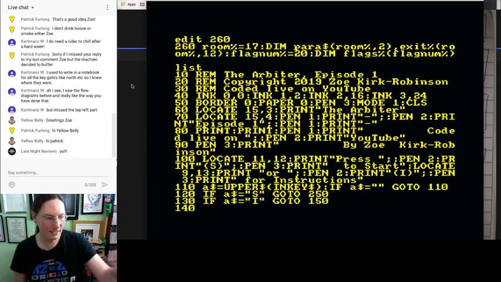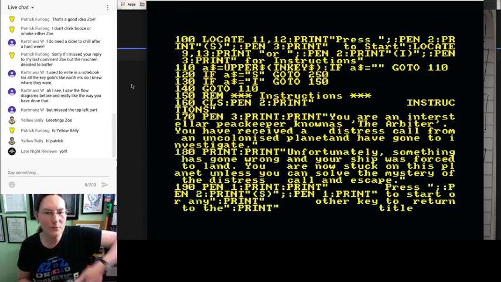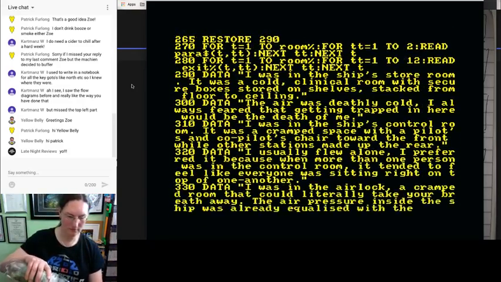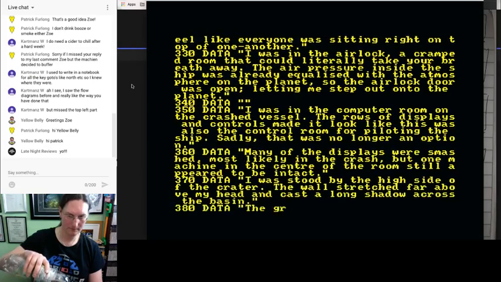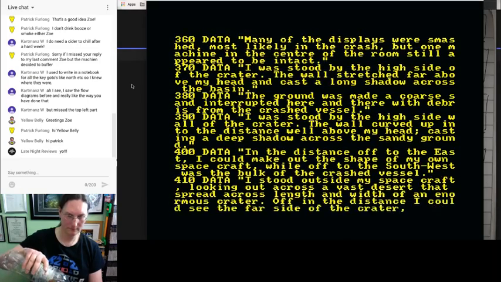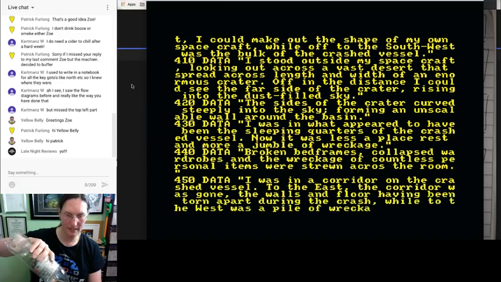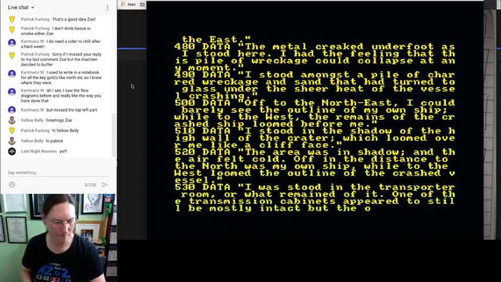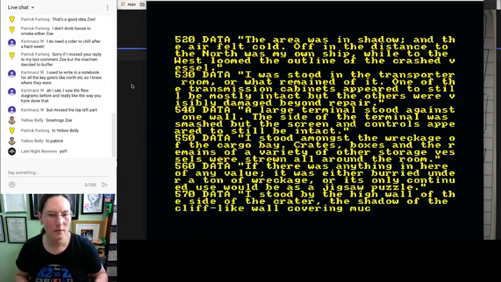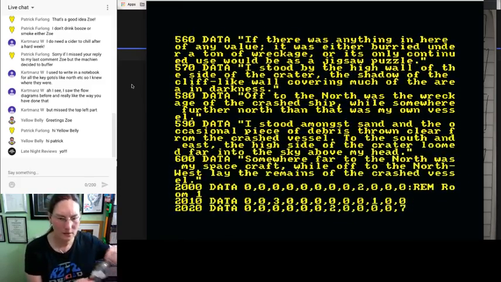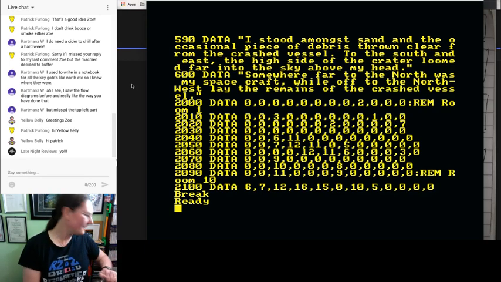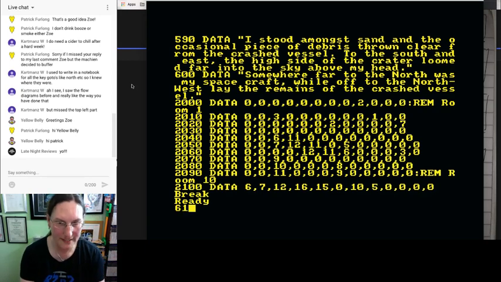Now we're listing, and I need to get to the end of all of the room descriptions. Myself another drink while we're waiting. There's a fair amount of descriptions here. And there it is. The last room thing is line 600, so if we add in 610 data,